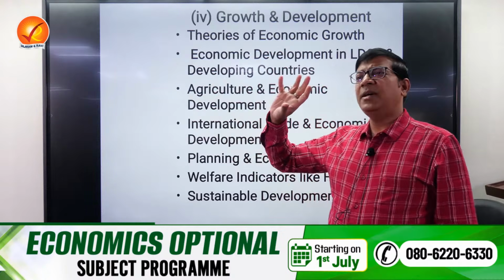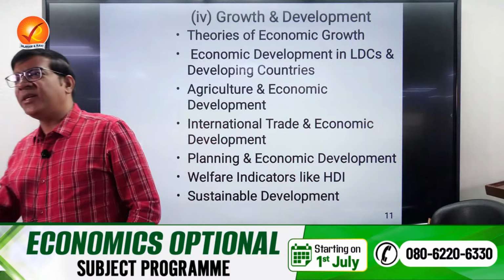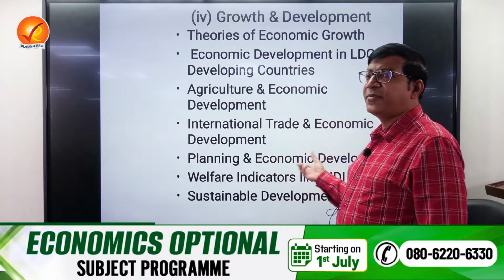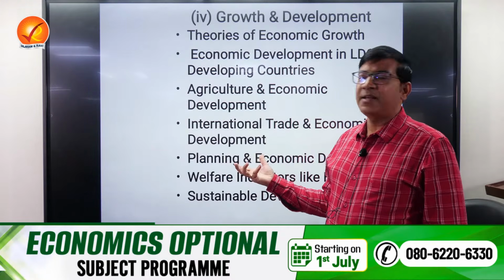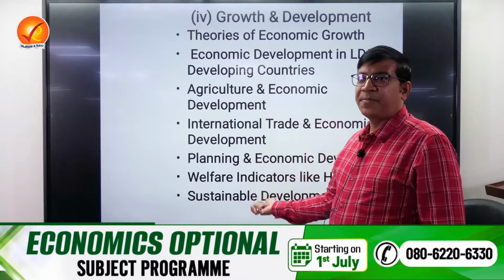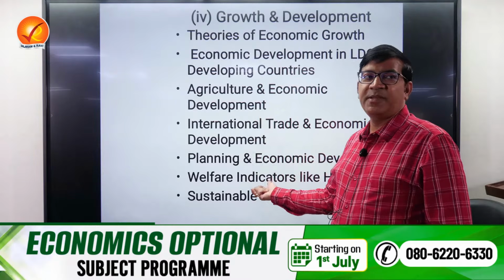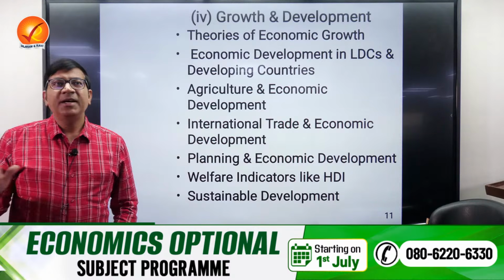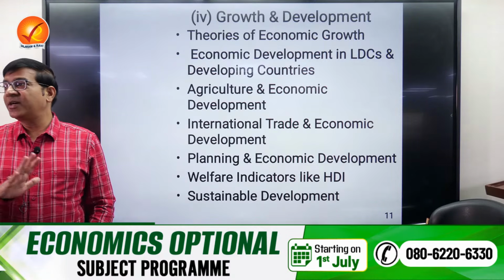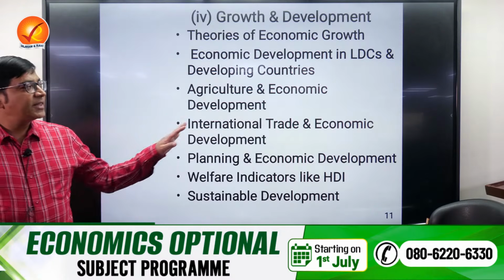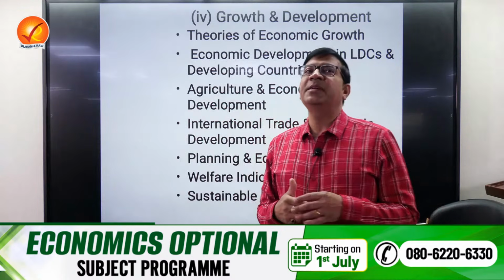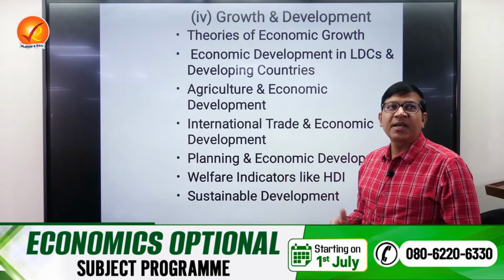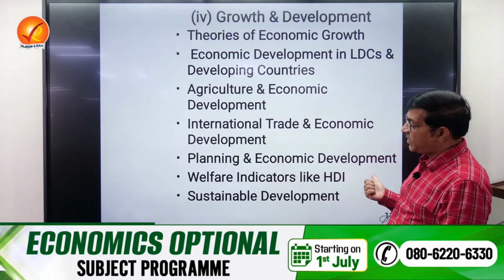So you can say roughly 75-80% of paper 1 is analytical. The descriptive part of paper 1 will be only some parts of international economics like trade blocks, and this part of growth and development, but even here some parts will be slightly analytical. So largely paper 1 is analytical, understanding based. There will not be much historical or descriptive aspects there. That is why students with a science background find paper 1 more attractive, while social science students find paper 2 more attractive.